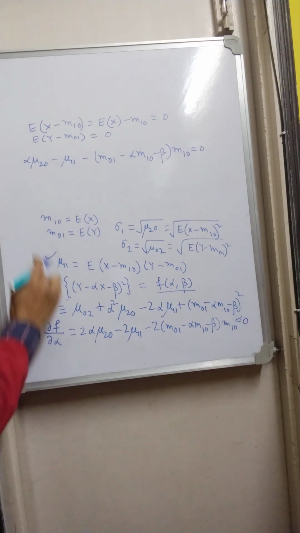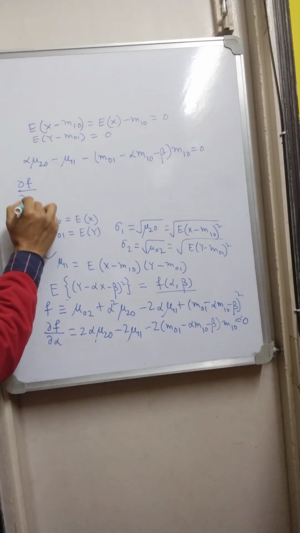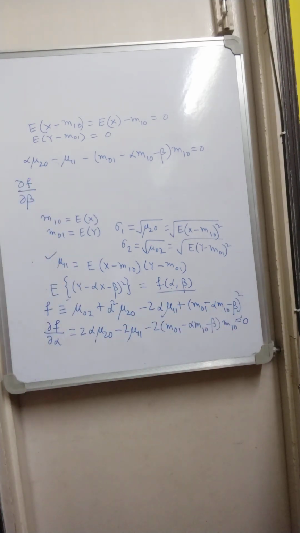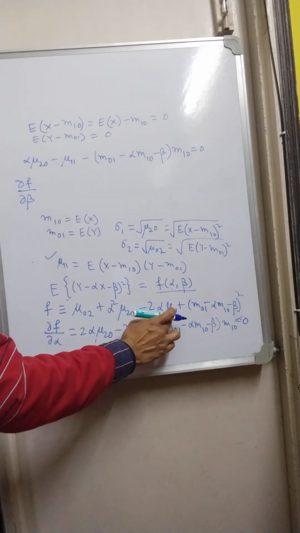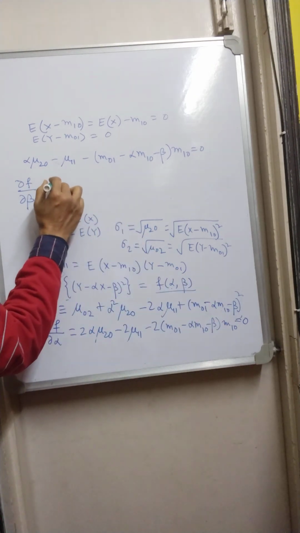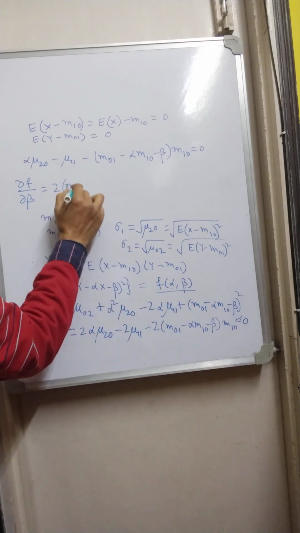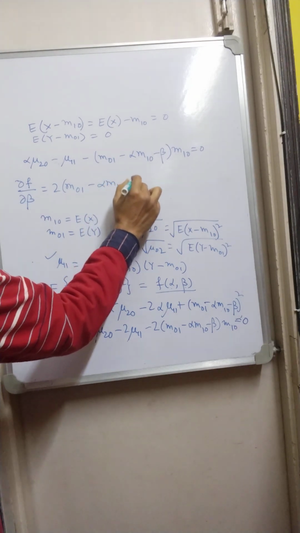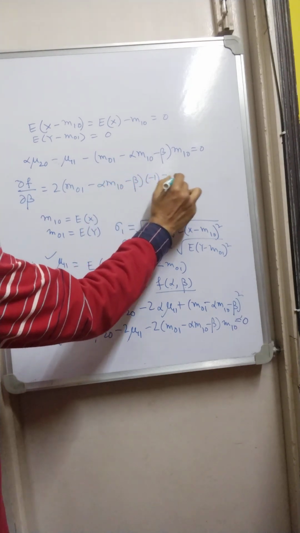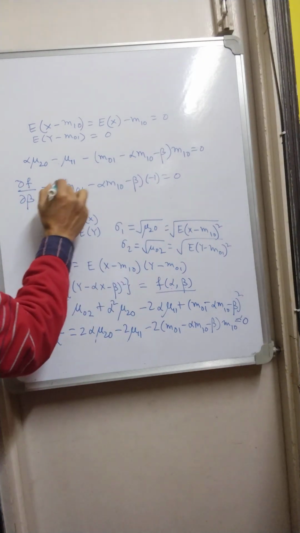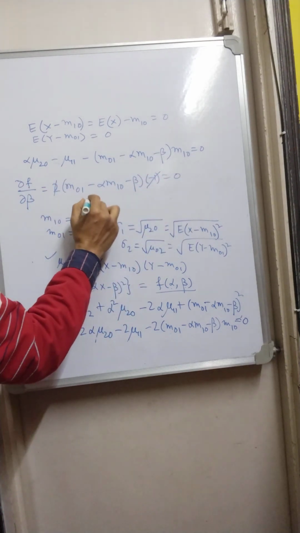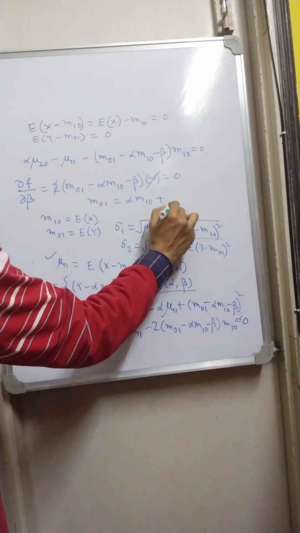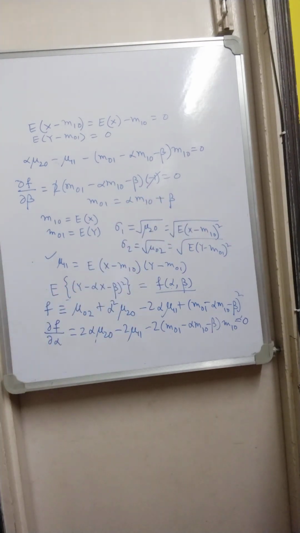and when you take the derivative del f with respect to beta, del f del beta, this is f, and we are taking that. We see that there is no beta in these three terms, so the only term we get is 2 into (m01 minus alpha m10 minus beta) into minus 1 actually, which is 0, and this 2 and minus 1 get cancelled out, and we have this. Okay,